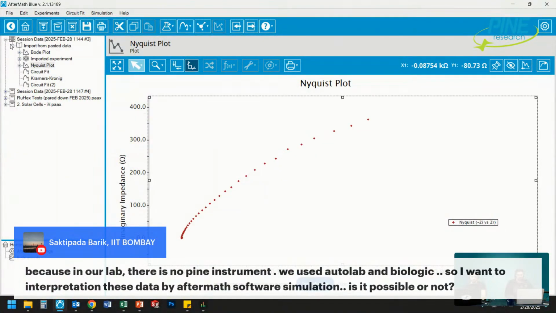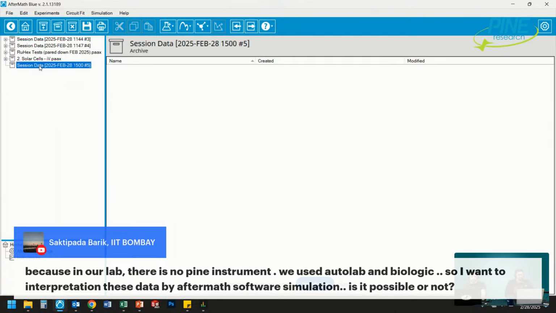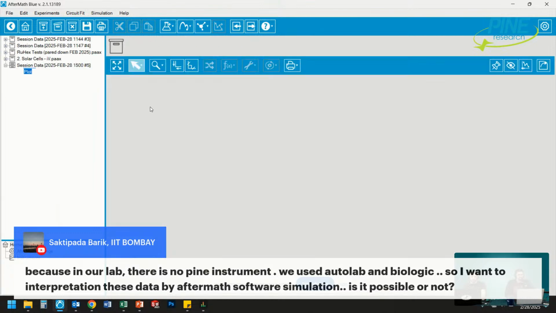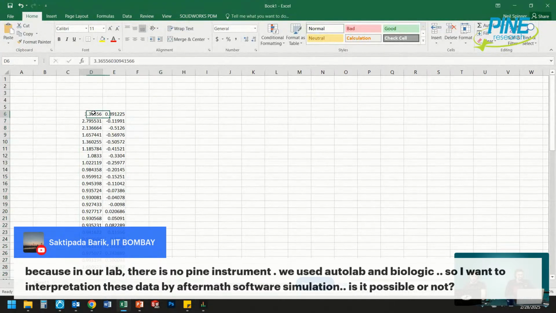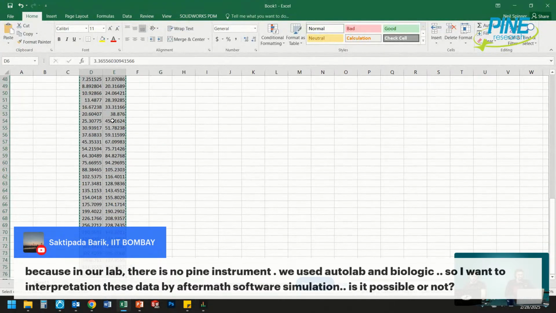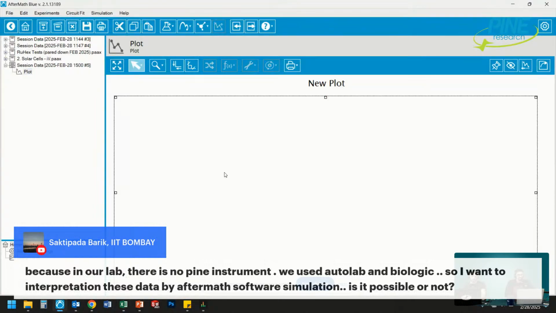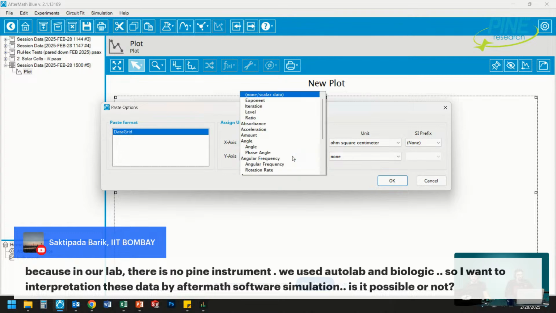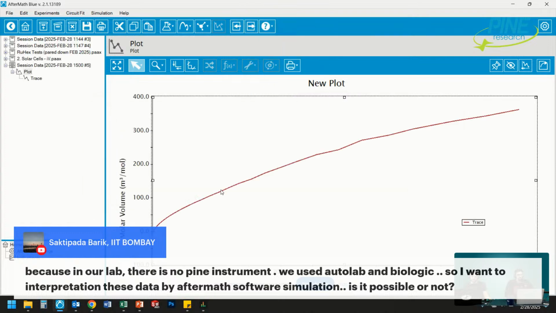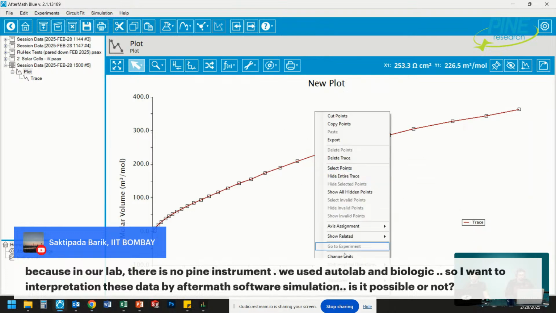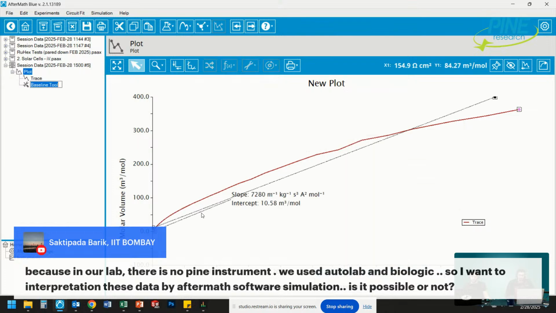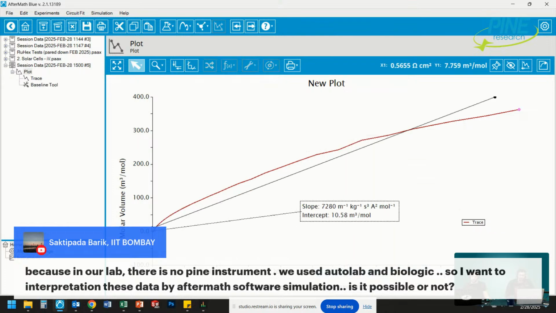But importing data, for instance: you can create a new archive, create a new plot, and if you have CSV data, like XY data, you can copy it and paste it directly in here. You can pick your units, membrane specific resistance and molar volume, whatever, it doesn't matter. I just picked random units. Then put your data into ours, and you can do baseline tools, and that's a funny slope: molar volume against membrane specific resistance. You can add all kinds of SI units in here, and it respects the units. I don't know what these units mean, but anyway,